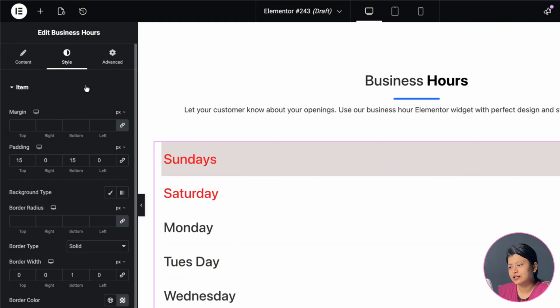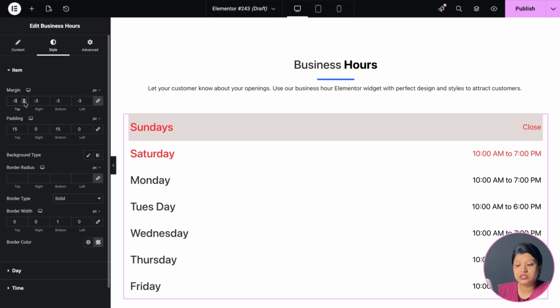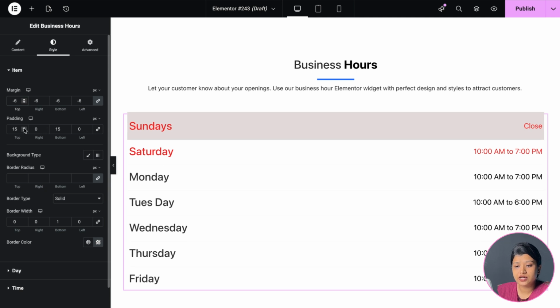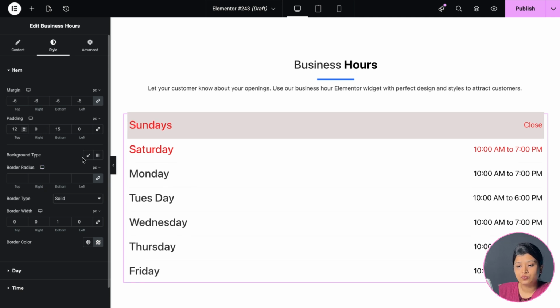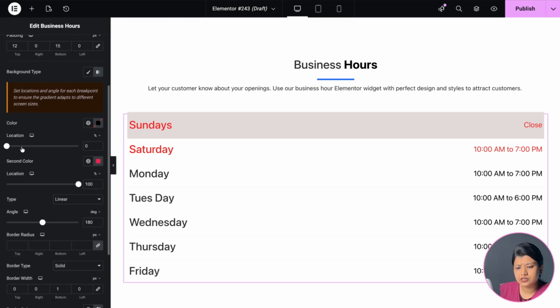We'll refine the width and padding for proper breathing room. Use typography to establish hierarchy. And don't forget the border radius and subtle box shadows to give the widget depth. Here you can change the margins, see, and then you can also change the padding from here. Then we have the option called background type, which is set to the gradient option. Then we have the location